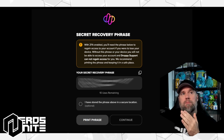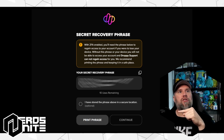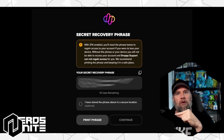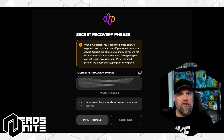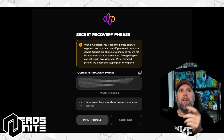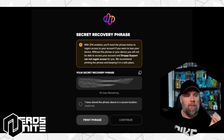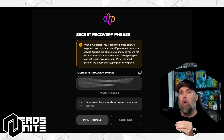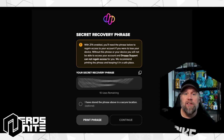You have to have this backup. So take the 10 words, write them down somewhere, or you can also say there's an option for print the phrase. Print it and keep it in at least one space, not a screenshot, not a photo on your phone. Keep that actual handwritten or printed piece of paper either in a personal safe and or somewhere else. I recommend keeping it in two places in case something ever happens to one place, you still have a backup